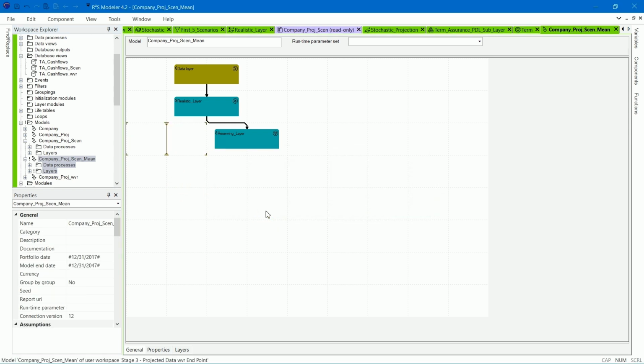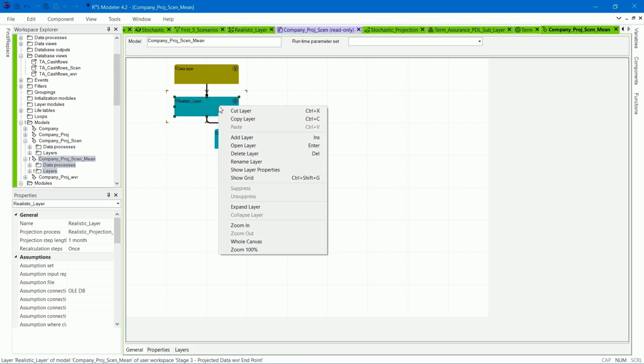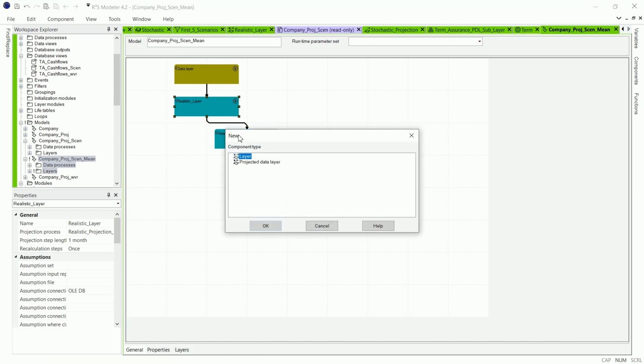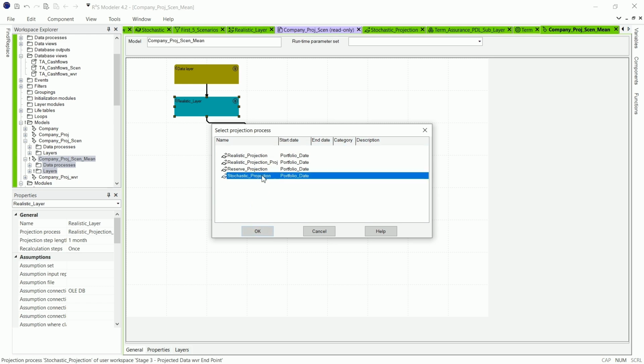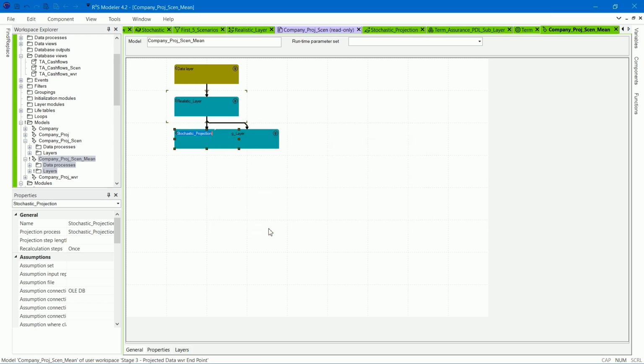Next, add a new sublayer to the realistic layer, which is a stochastic layer. Right-click on the realistic layer, click Add Layer, select Layer as the component type, and press OK. For the projection process, select Stochastic Projection and press OK.